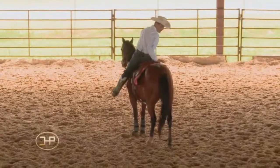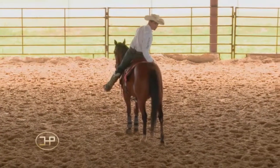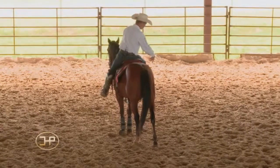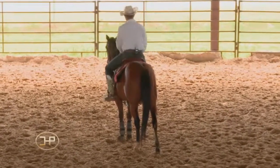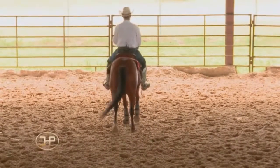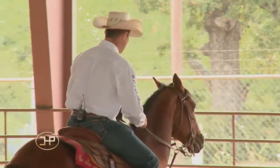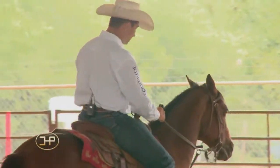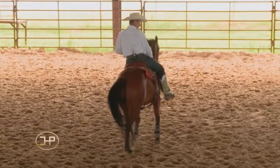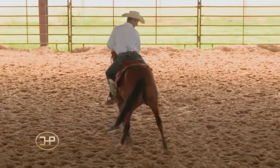Now, when I turn, I've got all the weight of my horse on that hind end. So he's able now to either go forward, continue turning, or whatever he needs to do because he's got his power source there. In this direction, I'm going to stop, I'm going to back up. You can see right now I've got no legs, no hands. He's backing up with his hip over there to the left. So I'm going to move his hip back over to this straight line,